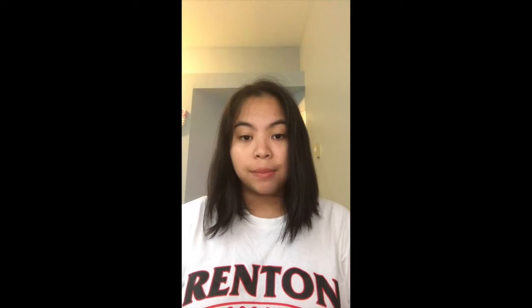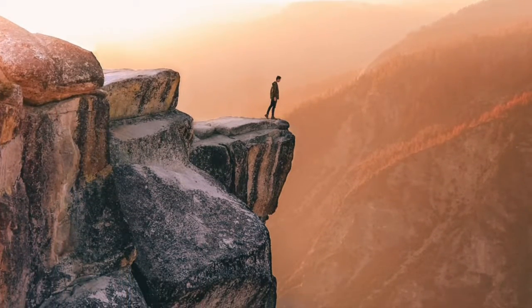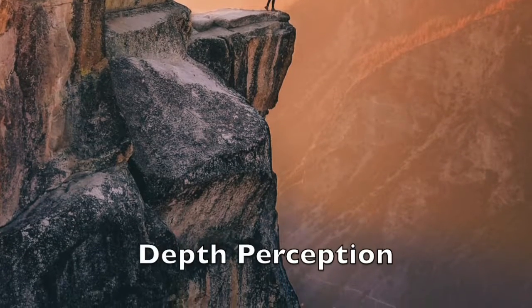Hey guys, in this PSA, I'm going to be talking about visual cliffs and depth perception. I'm going to be talking about what it is, how it works, and the results from the experiments. Can you imagine yourself standing over this cliff? Your ability to judge the distance between the bottom of the cliff to where you are is called your depth